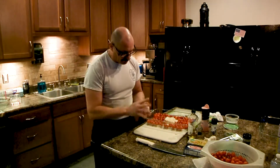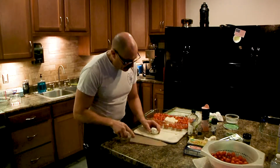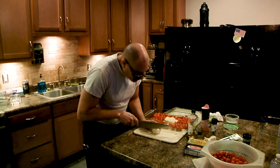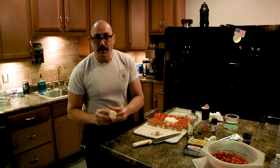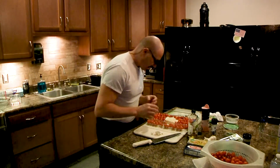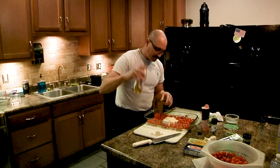All you need to do, you don't have to take the skin off or anything, just take your knife and cut the tip off, not the part with the roots coming out, the other end. You'll cut off about the top 1/10 so that you're exposing all of the garlic pieces inside. And here's why, because we're going to put that right in here with the tomatoes, and I'm going to drizzle the olive